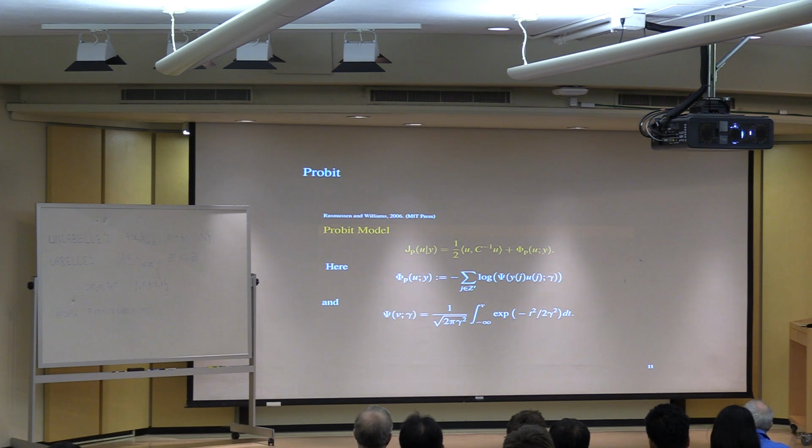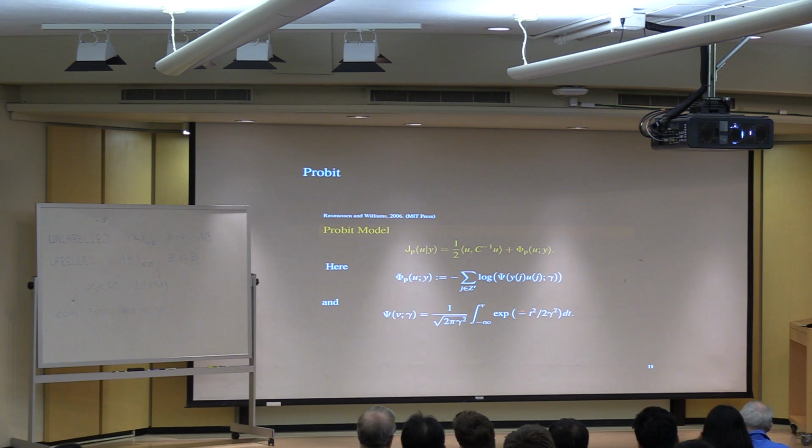And if you look in detail at what phi p and psi do, they force you to agree with the sign of y. So let me just show you why that is. Psi here is the cumulative distribution function of a Gaussian with standard deviation gamma. If you think of gamma as being small, psi here then is evaluated at the product of y and u. So that means we evaluate it with v equal to the product of y and u.